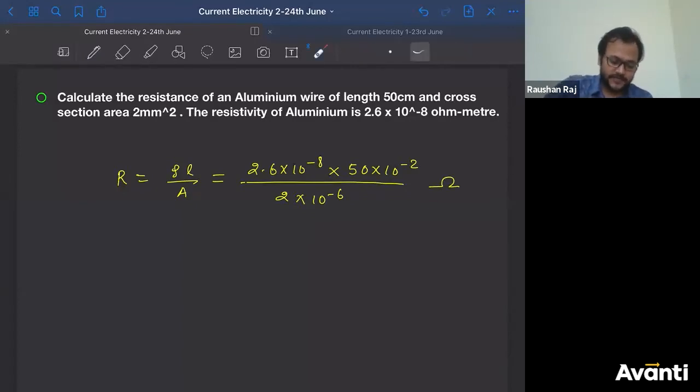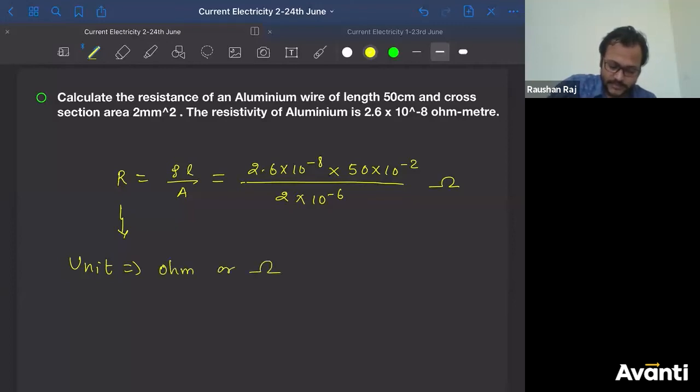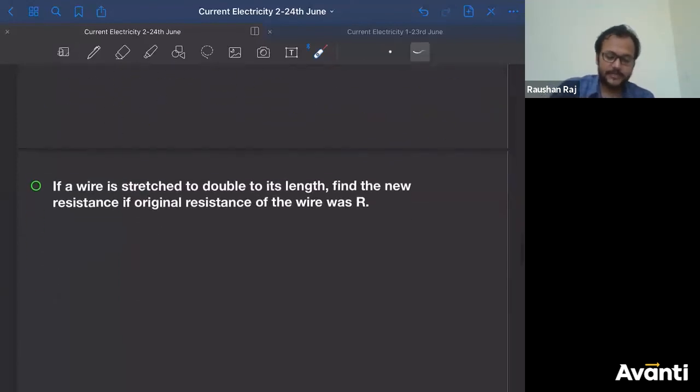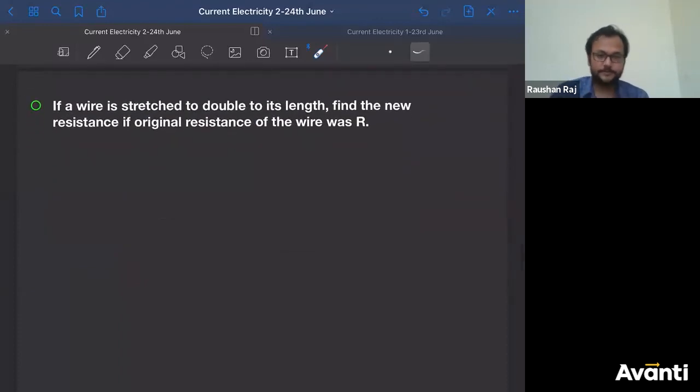So unit of resistance is what? Unit of resistance is ohm. ठीक है, small o and hm, or you can write this as in the symbol ohm. इसको ओमेगा भी पढ़ते हैं. So R will be in terms of ohm and this is the answer. ठीक है, I hope you might have done the same thing. सब लोगों ने यही किया ना? If you have done the same thing, then you have got the correct answer. Well done guys.